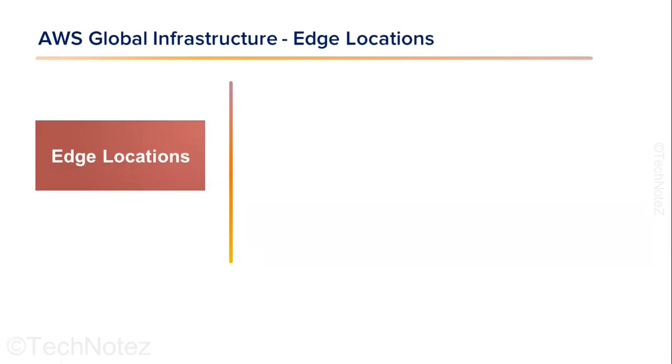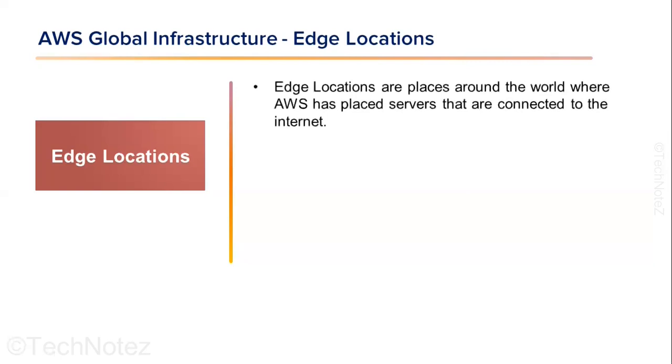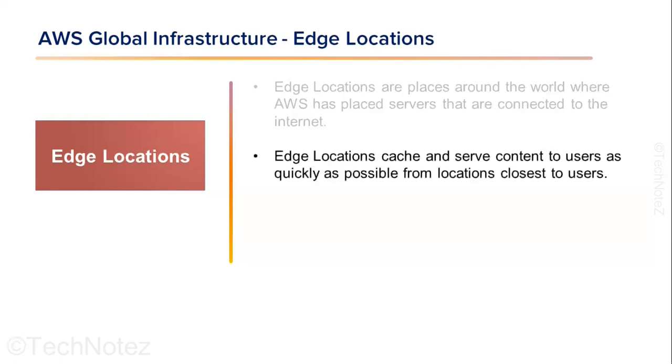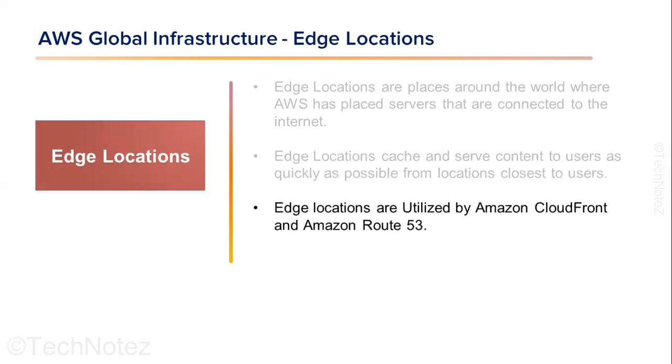Next, let's talk about edge locations. AWS edge locations are places around the world where AWS has hosted its servers. These servers are used to cache and serve content such as website pages, images, and videos to users as quickly as possible. Edge locations keep a copy of the content closer to the user so that it can be delivered quickly. So when you use an app or website that is hosted on AWS, the information you need is delivered to you from one of these edge locations. These edge locations are distributed around the world and are used by services such as Amazon CloudFront or Route 53 to deliver the content with low latency and high performance. And if you are not aware of CloudFront and Route 53, don't worry, we will talk about these in the next